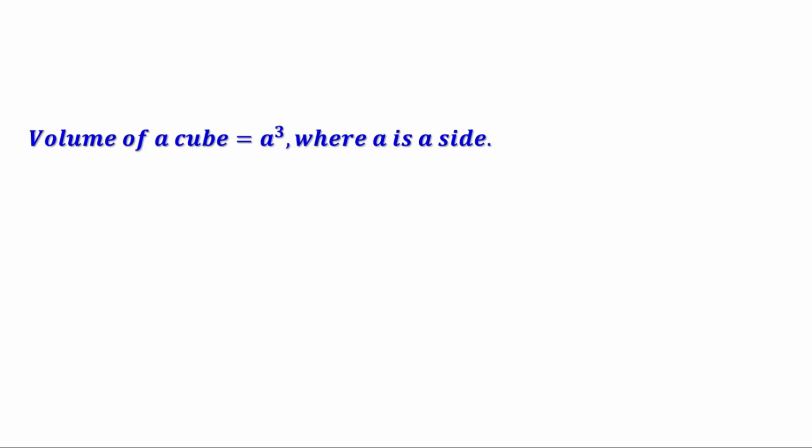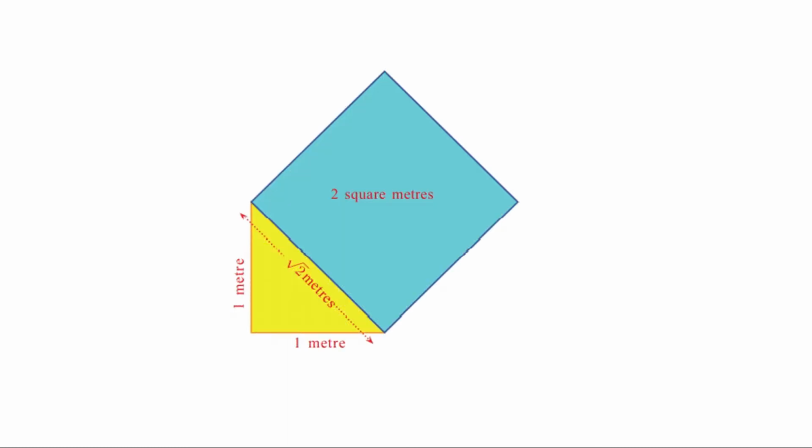Thus, there are many instances where we need lengths which cannot be expressed as fractions. We have to make a new kind of number to denote measures which cannot be expressed as fractions. Let us take our first example. How do we denote the length of the diagonal of a square of side 1 unit? 1 unit means it can be 1 centimeter or 1 meter or 1 kilometer, etc.